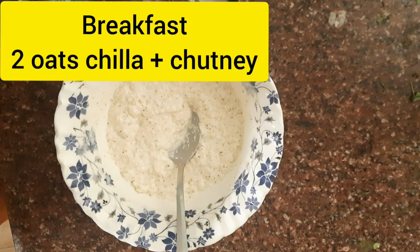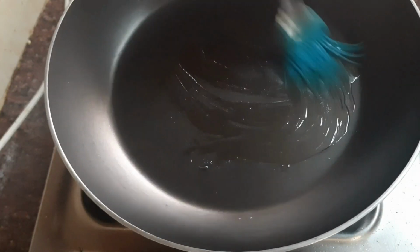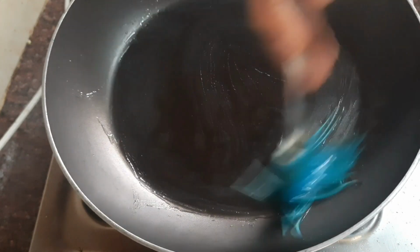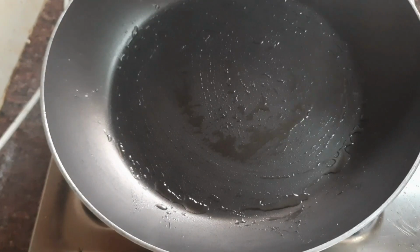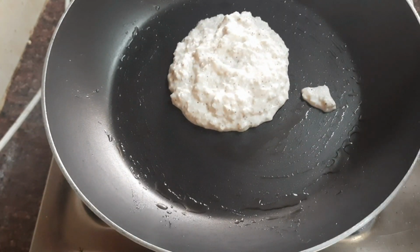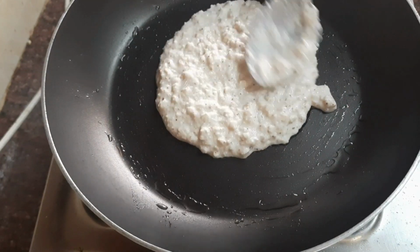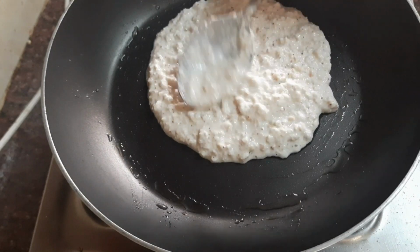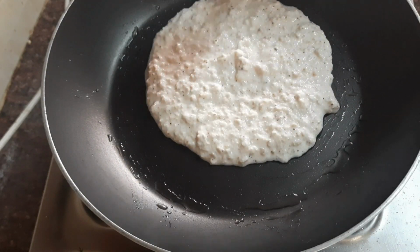So let's start with the recipe. So switch on the gas, brush it with little oil, keeping it aside. Now pour in some batter. Around 3 spoon I am putting. 2 chilas for my breakfast. So this is a recipe of plain oats chila,